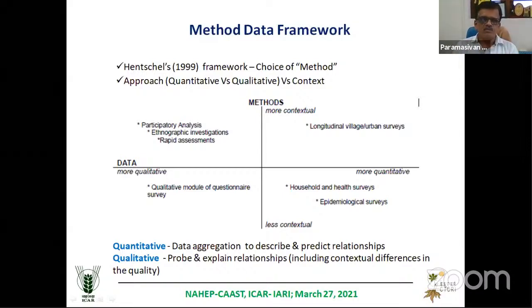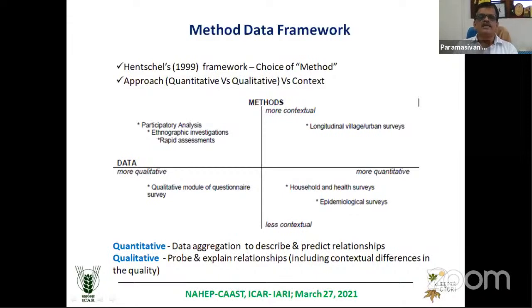Because when there is a phenomenon and you have a limited amount of information available at the beginning level, you can go for a qualitative study. At the same time, you can also continue to do the quantitative studies, because based on the qualitative study, you might have generated some hypothesis. You have to test the hypothesis. Testing a hypothesis is basically understanding the relationships. It is a basic kind of explanation. Finally, you go for a prediction by understanding the whole structure using the regression methods.